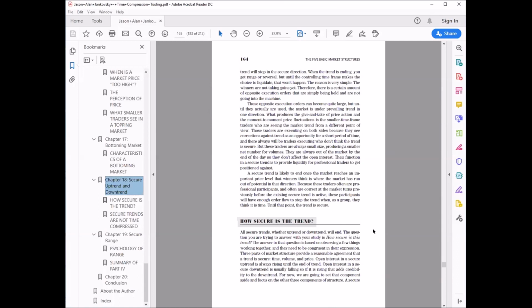Whatever the case may be, as a trader, you need to develop the emotional fortitude to recognize that no matter where you enter the market, doesn't matter if you enter the bottom of a trend, the middle of a trend, in a range, or at the top of a trend, at the end of the day, when the market starts to show signs that the security of your trade is breaking down,